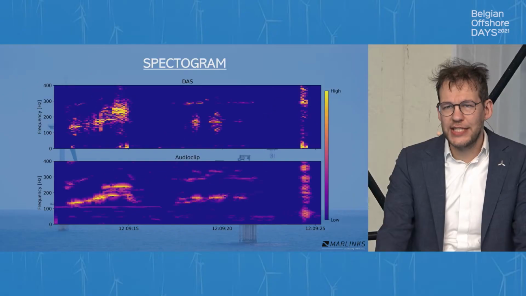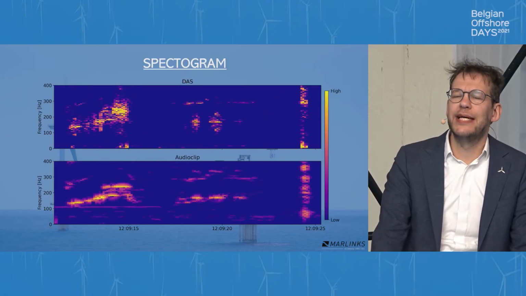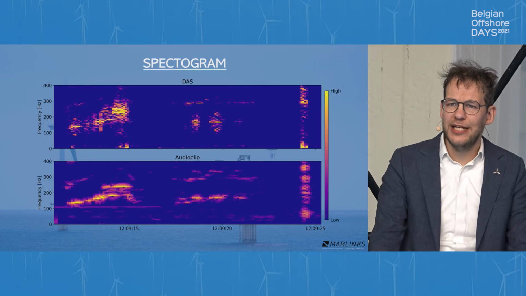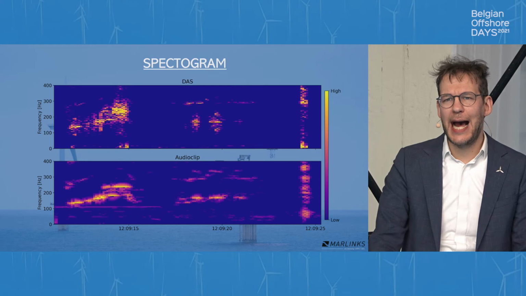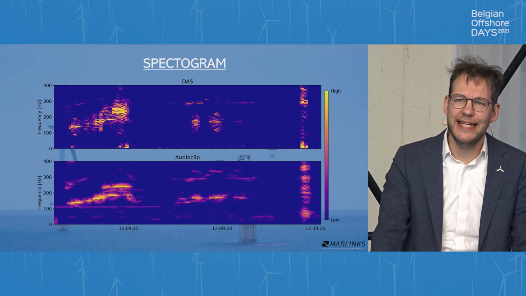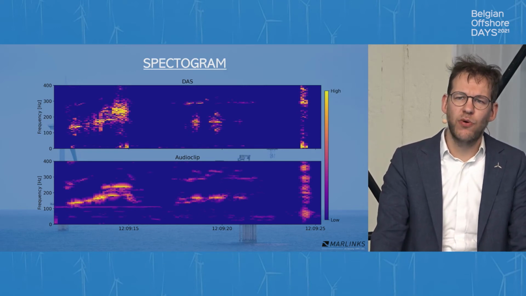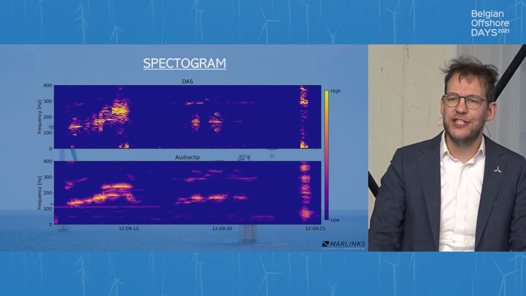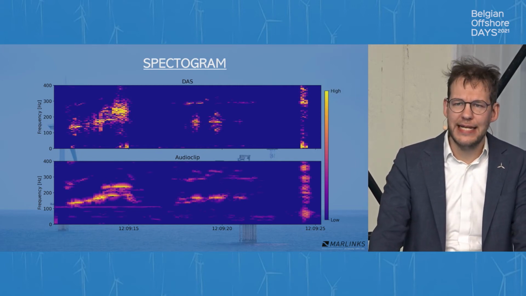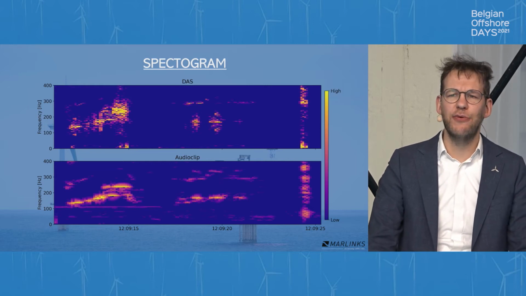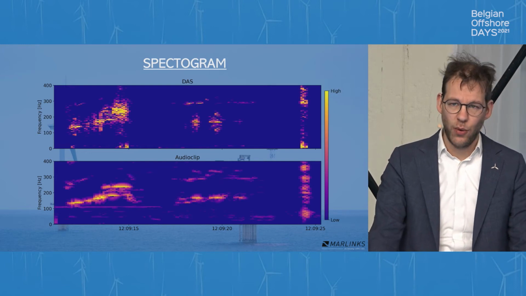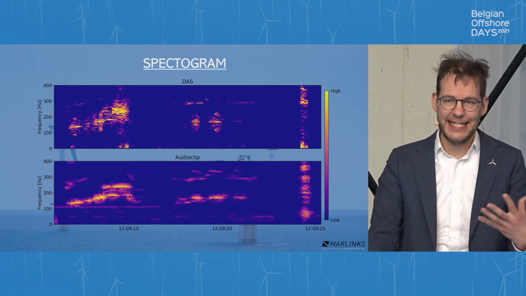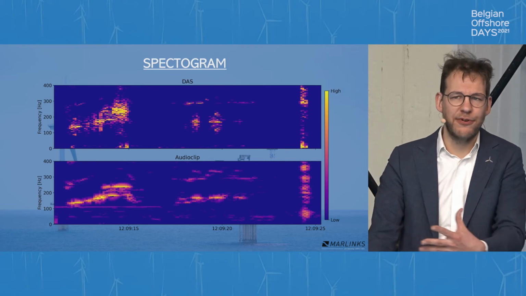So this was the example where we detected the North Atlantic right whale. Here you see in the top graph the image that was sensed by our sensor, so by the DAS, and in the bottom graph you see the real spectrogram of this North Atlantic right whale as was played in the audio clip. And you see there's a very clear resemblance between the two, meaning that with machine learning techniques we can really identify that this sound belongs to this type of species, and can make an assessment and can count